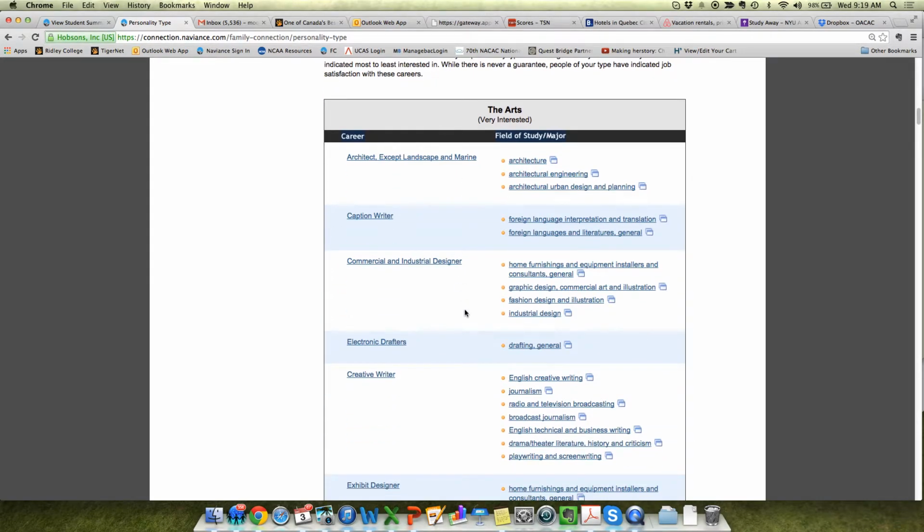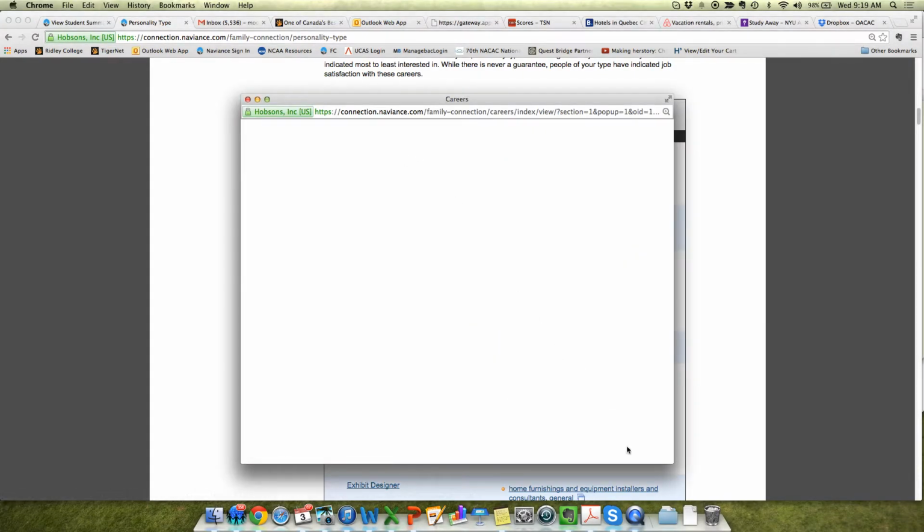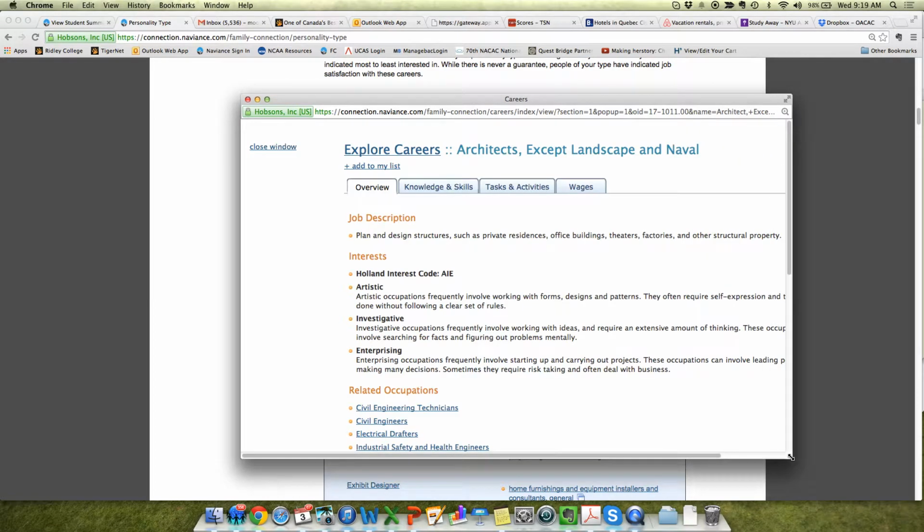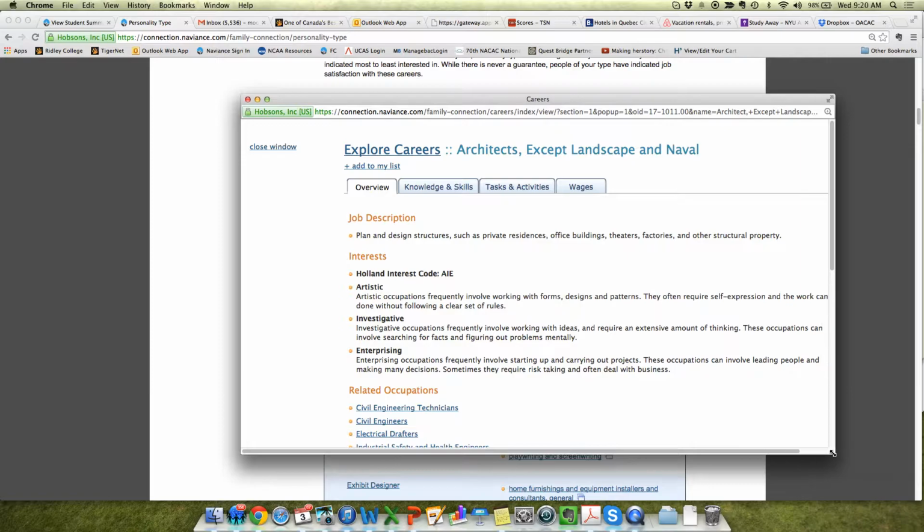So once you've talked about their personalities and strengths, we want you to go with them and look at some of the careers that they've been interested in by clicking on one of the careers that show up in their profile. What happens at this point is that a profile of that career opens up with some tabs.